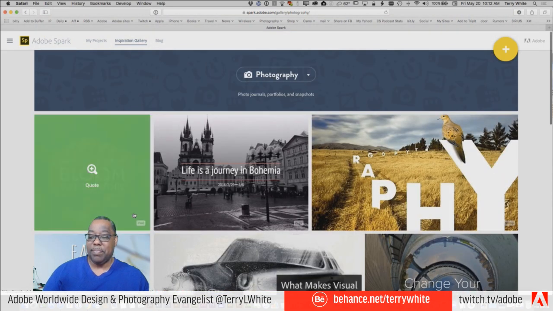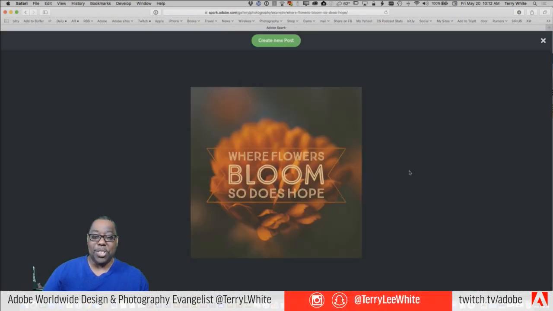This one's pretty easy because a post is just that. It's a graphic with text on it. If you were just going to use a graphic, then you don't need Spark Post, just post your graphic. But if you wanted to add a text to your graphic, but you're not really a designer, that's where Spark